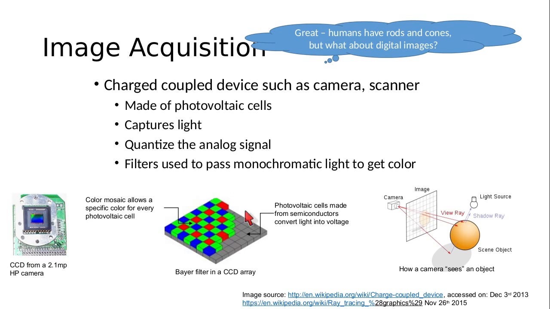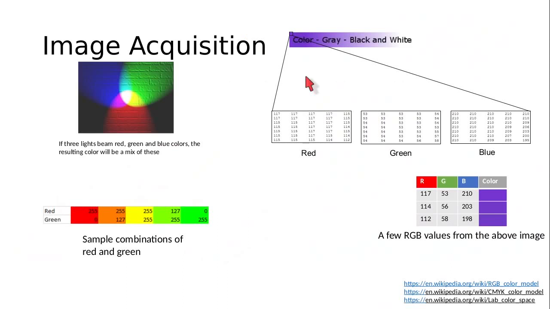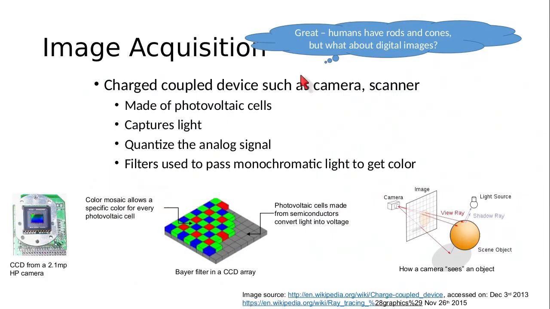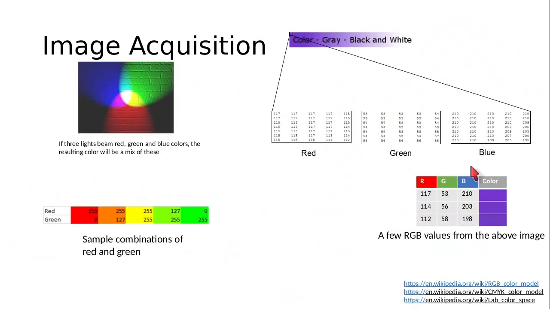So this entire photovoltaic cell array, which has 2 million pixels, would therefore generate 3 arrays, each array containing 2 million values. So what you would end up having is, from this camera you will get 3 channels, red, green and blue. Each channel would contain 2 million values. So that's a lot of memory, right?